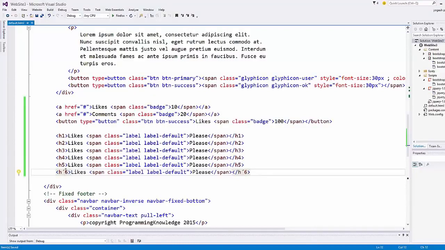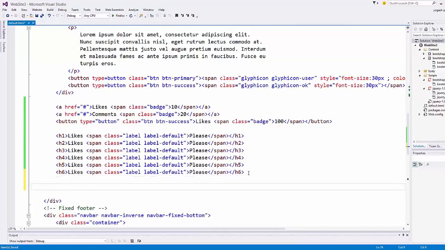Now the second way of adding labels, I will just remove this because we don't want it. So the second way of adding labels to your Bootstrap web page is adding them directly. And how to add them directly? You can just add a span here. So just add span and then add a class which is associated with label. So class is equal to label, for example default for now, and your text, for example